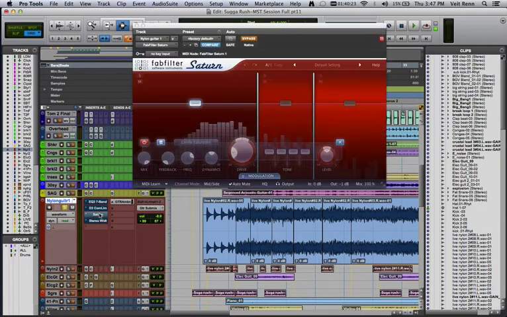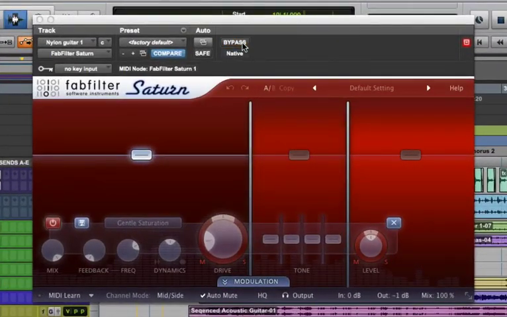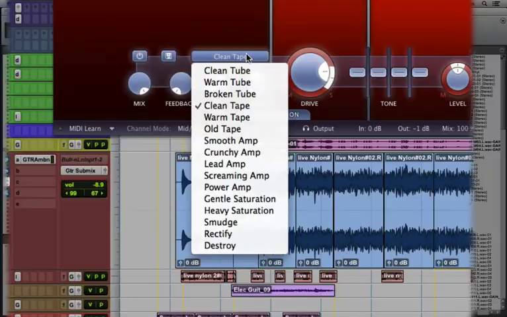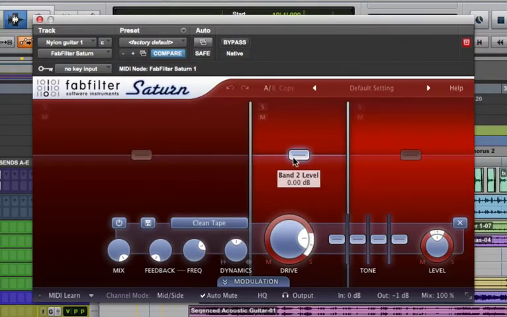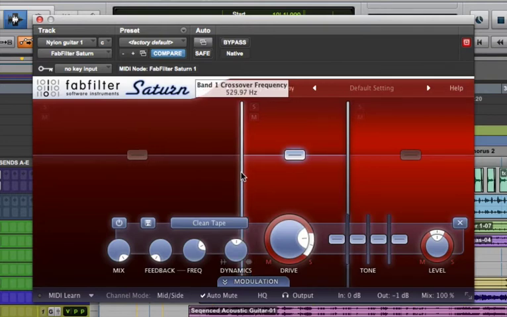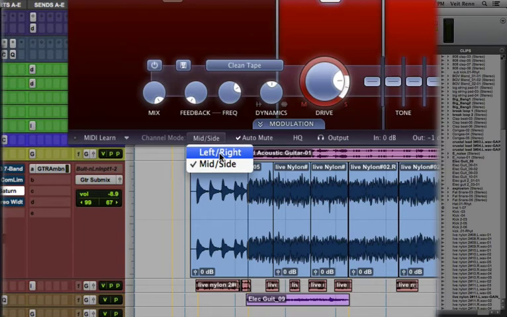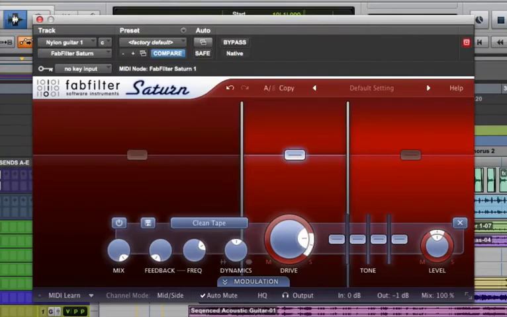But I want to show you here with my favorite saturation plugin called Saturn by FabFilter, which lets you actually have multi-band saturation, which each band have in different types of saturations available. And not only can you do this with different types of saturations, but you can also do it to either the regular stereo field, or choose if you only apply the saturation to the middle only,